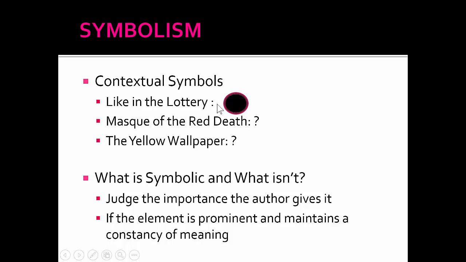When I go to Pier 1 and I see a box with black spots on it, I'm not going to go run screaming. If I see someone walking a Dalmatian, everyone in the dog park doesn't run away. So obviously this is not a universal symbol of death, right? It's just inside the story. So that's how contextual symbols work.